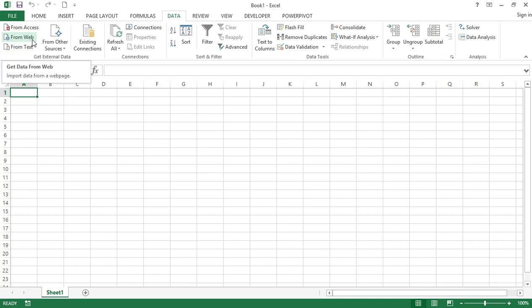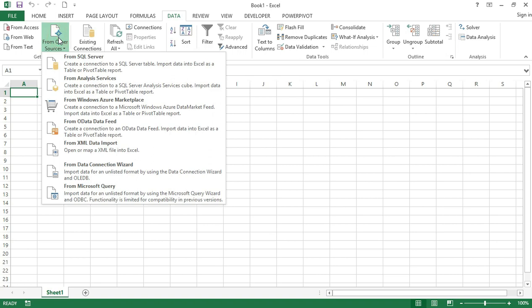You can import data from file. You can import data from SQL Server, from Analysis Services, from Windows Azure Marketplace, from data feed, from the XML data import, from data connection wizard, even from Microsoft Query. You can also combine queries, so you can also merge, you can also